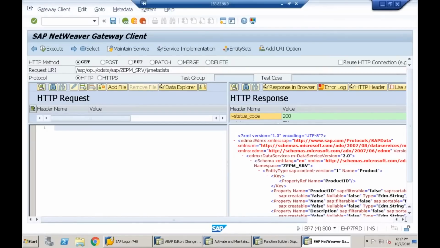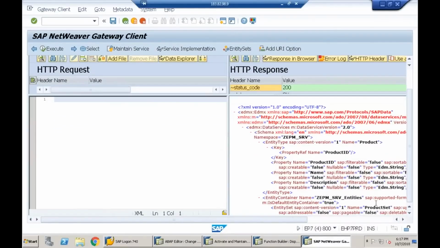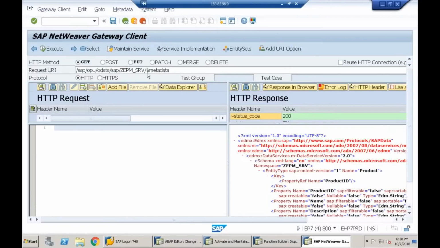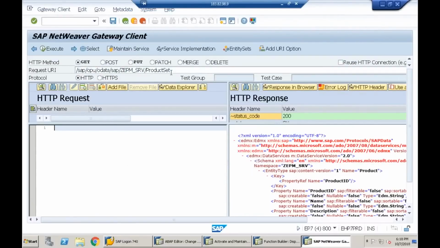As part of this information, we understood that we have an entity set. The entity set name here is ProductSet. So how do we query multiple records? As part of this URL, you have to provide the entity set name. If you click on the Entity Sets button on the application toolbar, it displays the list of entity sets available in the current service. We have only one entity set, which is ProductSet. So you give the URL like this, slash ProductSet, and choose the HTTP method GET. When I execute,